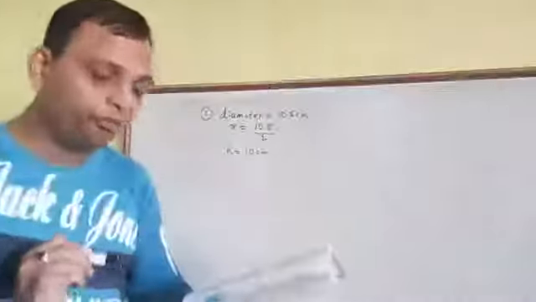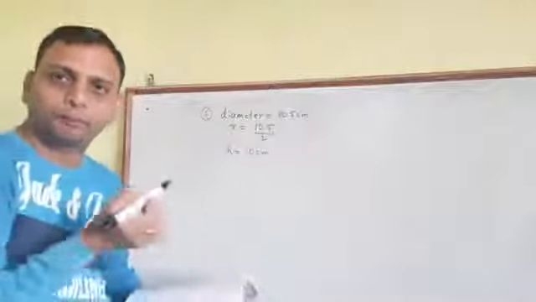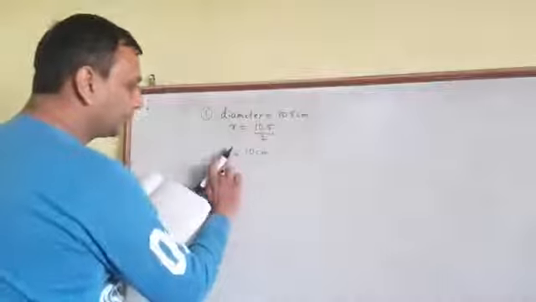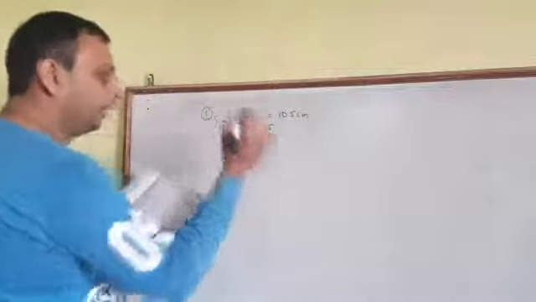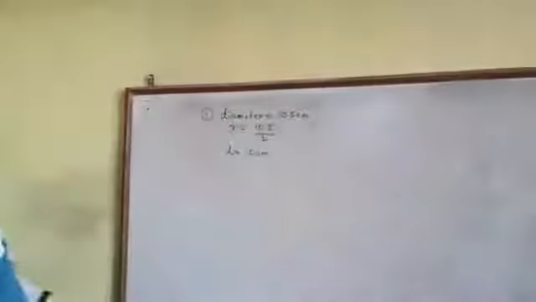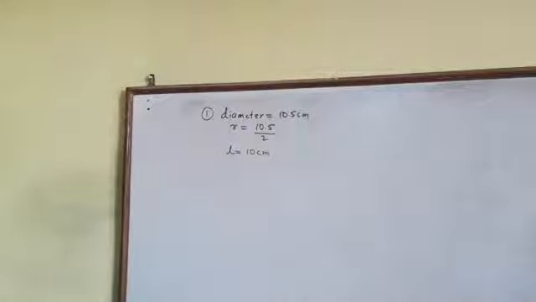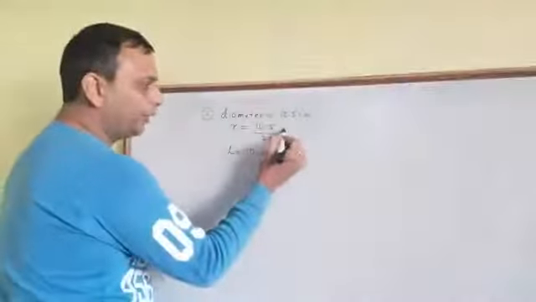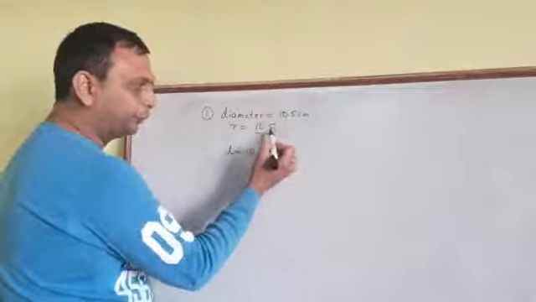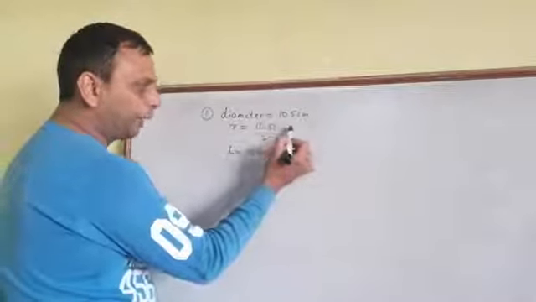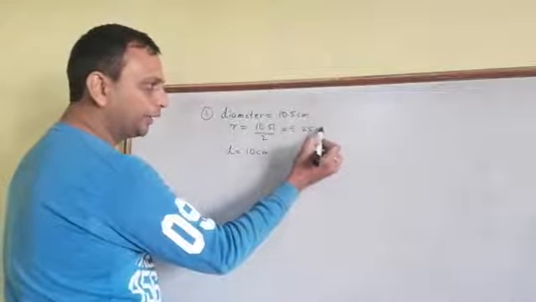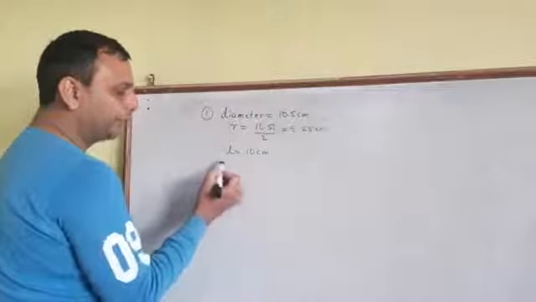Curved surface area formula is pi r l. So now you understand, the slant height is given, 10 centimeter. So the radius we have, the slant height we have. Now there is no problem, we can easily calculate with this formula. If you have difficulty dividing decimals, you can add a 0. So 10 divided by 2, 5 will come. 50 divided by 2, 25 will come. Centimeter is already written, slant height is already written.